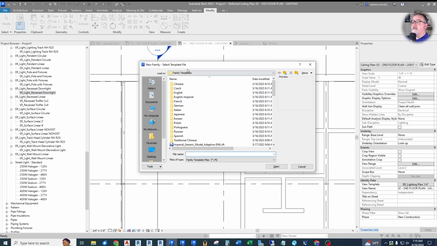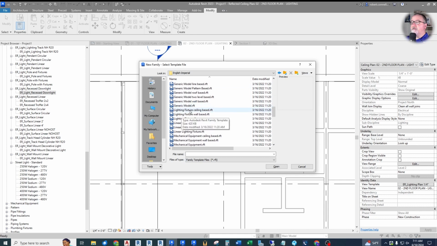Now we have all these templates that pop up. We want to go to English Imperial here in the US. I personally don't do lighting calcs in Revit because it's more of an area zonal cavity method. I like a point-by-point method, so I use a third party. However, if you do want to use the area lighting calculation in Revit, then you want to start with a